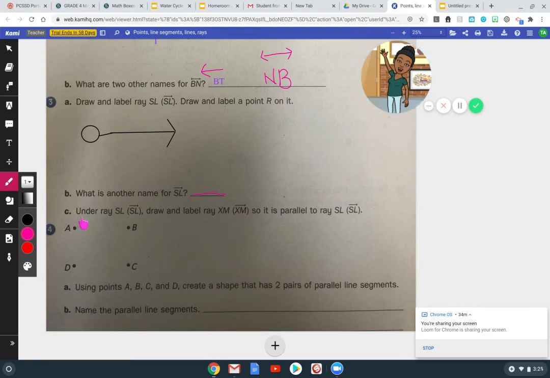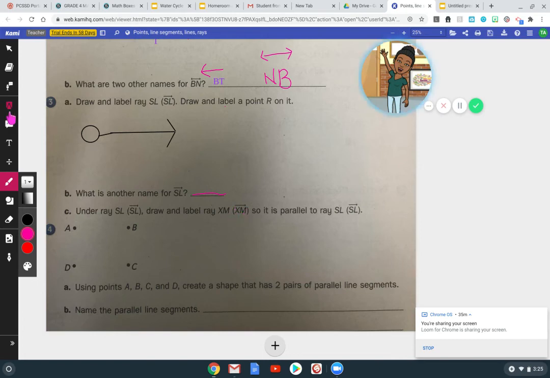Our final step here is to draw, under ray SL, another ray. Here's our ray SL. We are going to draw and label ray XM. So it is parallel to ray SL, meaning they'll never cross. The first thing I'm going to do to draw and label this ray is to see where is my endpoint. There it is above my X, and there's my